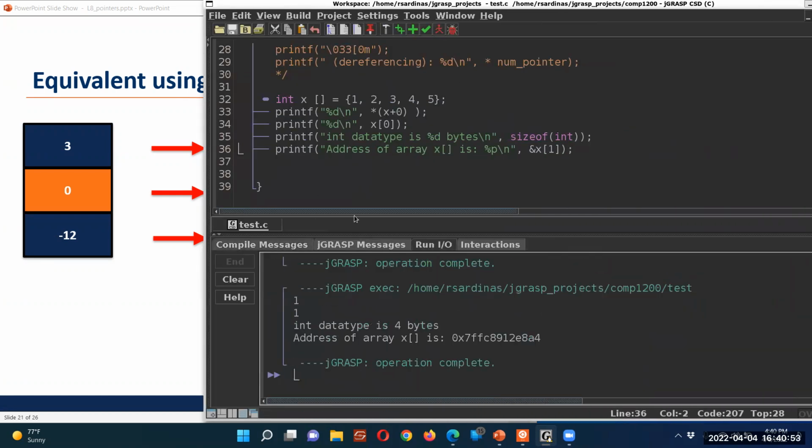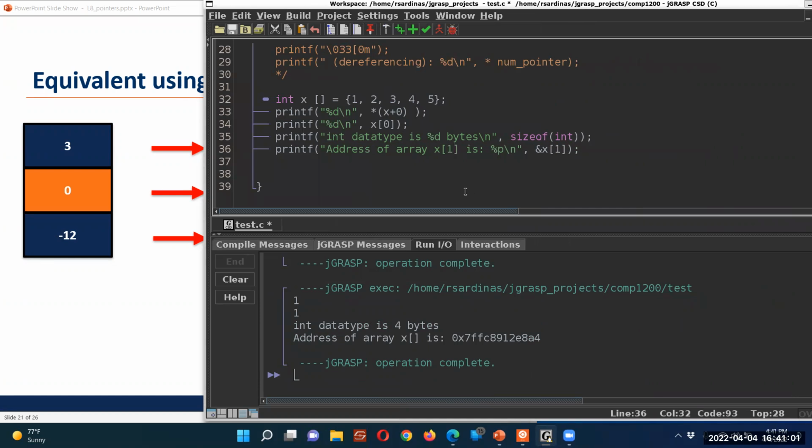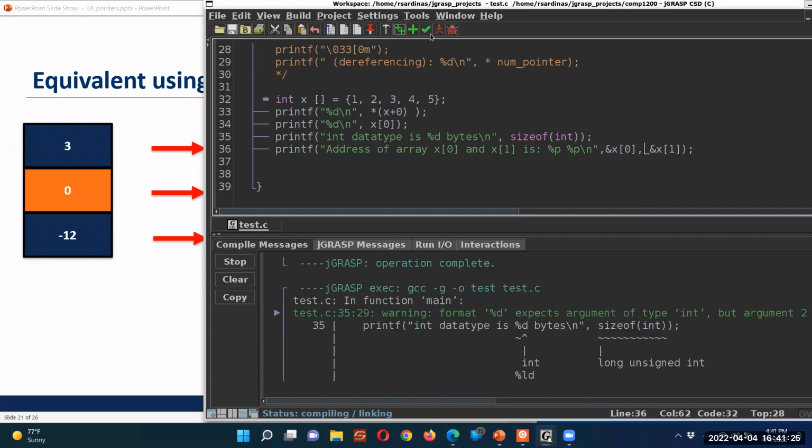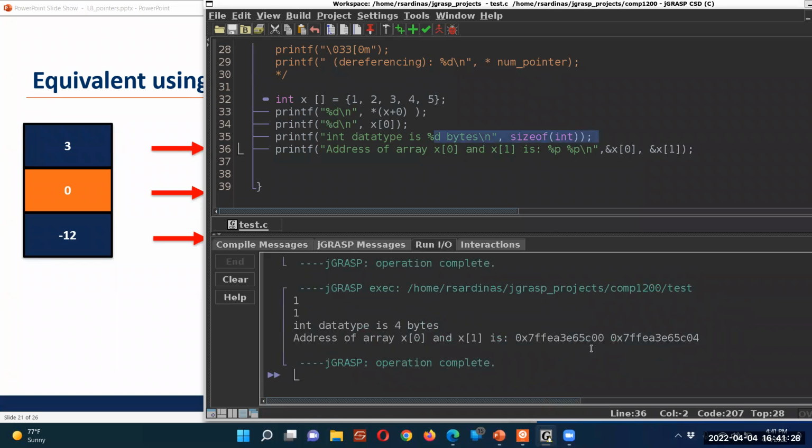That's fine. And we see, sure enough, the data type is 4 bytes. I should have said X1. Let's do this. Sorry. Do that. And we can see